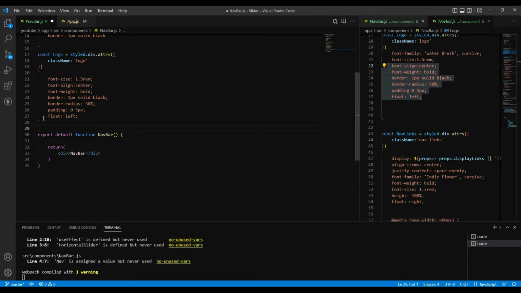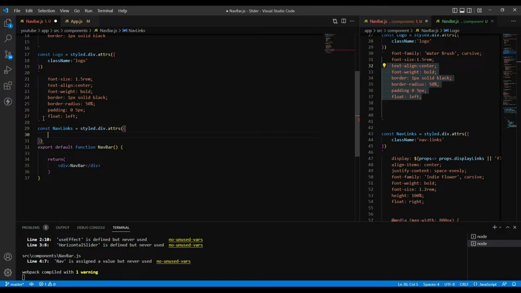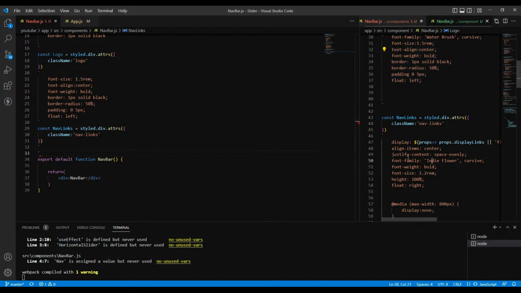Now the next component is the nav links. Right, so I say styled is equal to div dot attributes, class name, nav links, right, and then